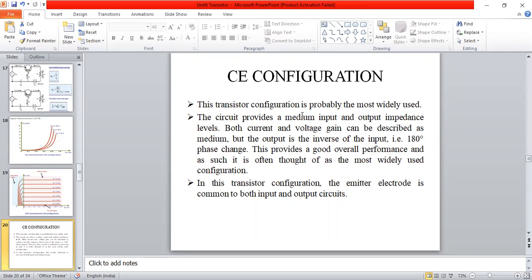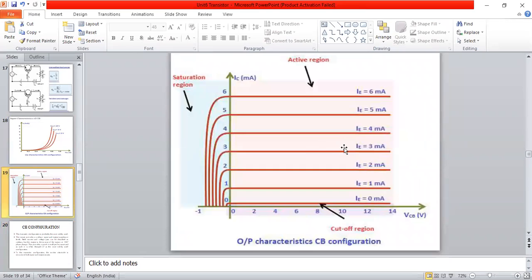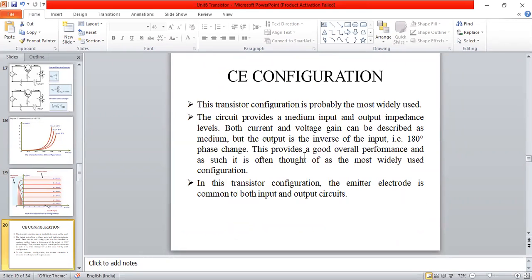For the common base, output resistance was high, right? For the common base, just now we have discussed. For this one, here current is increasing for small change in the voltage. If it is increasing, means the input resistance is high? Low. Input resistance is low, and the output resistance is high. But here we are going to use medium. It is not high, it is not low here now.